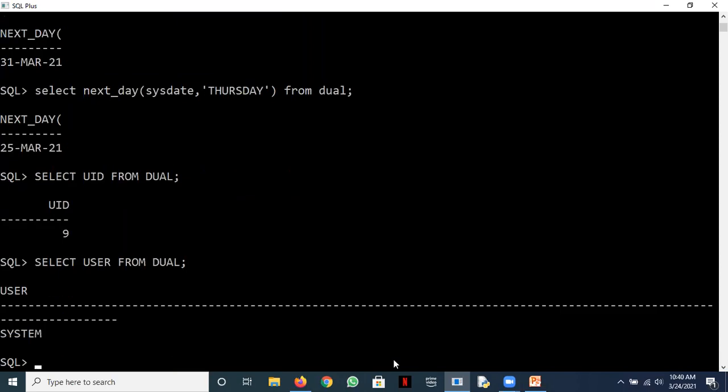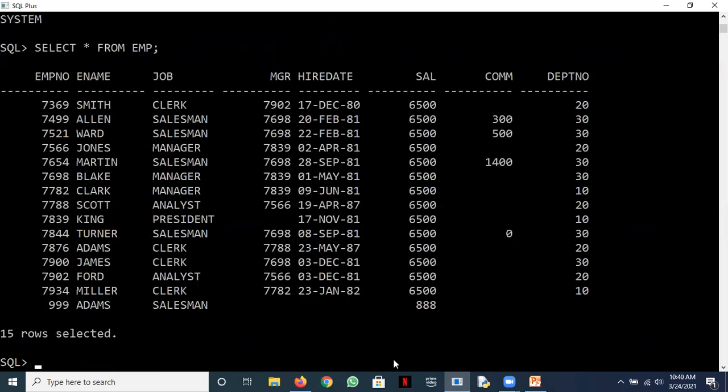All right. Then there is the NVL function which we discussed in the class. I'm discussing it again. I'll list the emp table to explain this. You can see there are salaries and there are commissions. Some people don't have commission; there is a null there. So I'm writing a query.